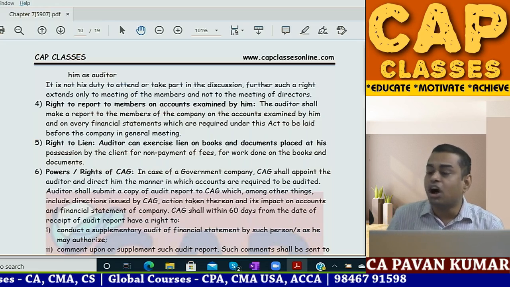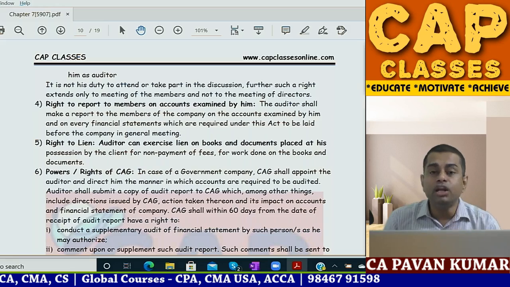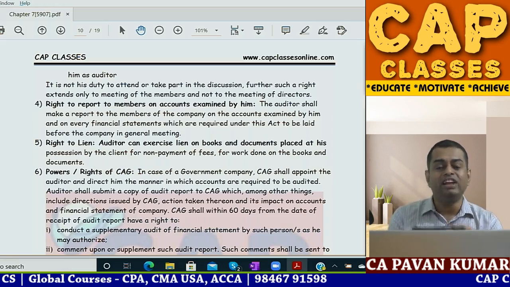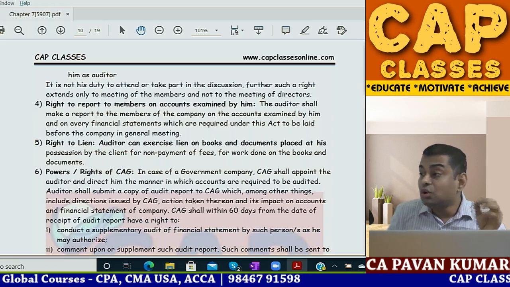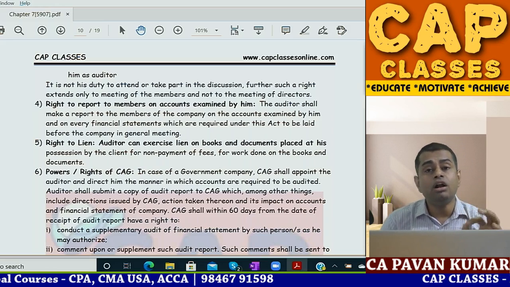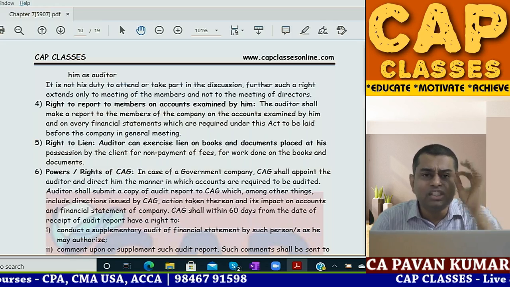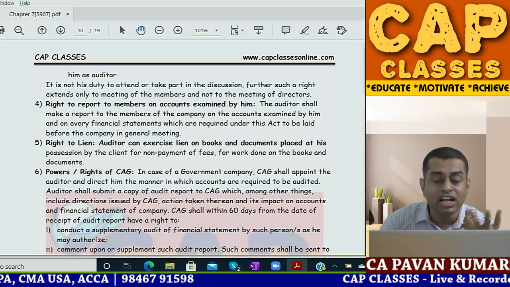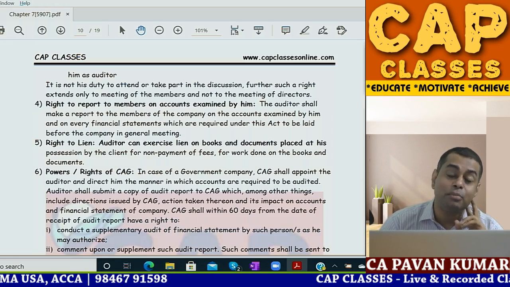So if this is already my property and you need to give 10 rupees to me, now I am saying if you do not give 10 rupees, I will not give this to you. Idiot, this is yours only. So exercising lien on audit working papers is actually a stupid concept. There is no concept. Working papers is your property. You cannot exercise lien on that because already it is your property.